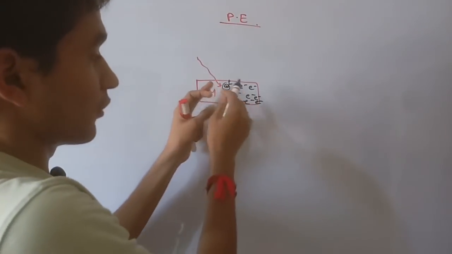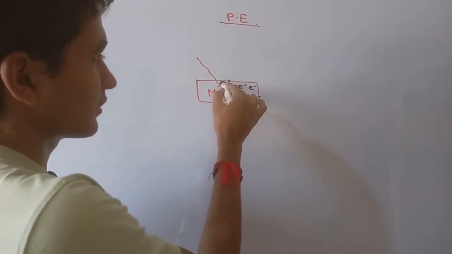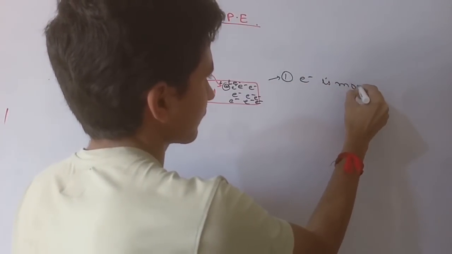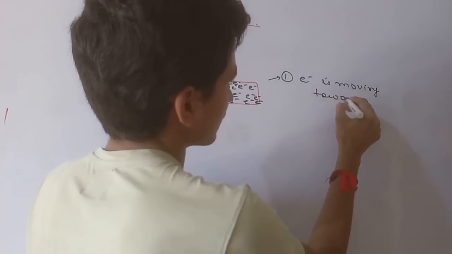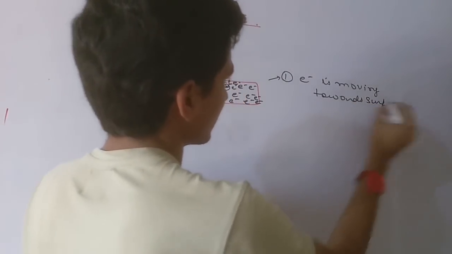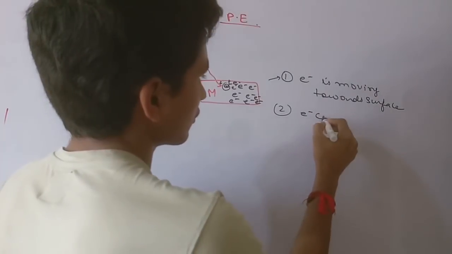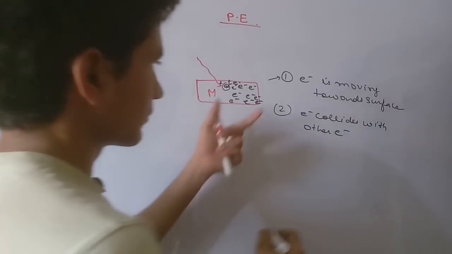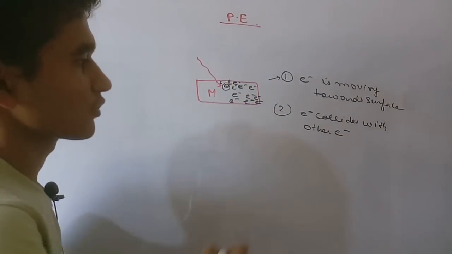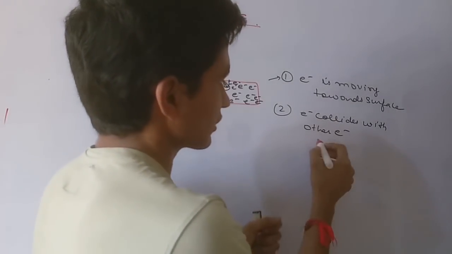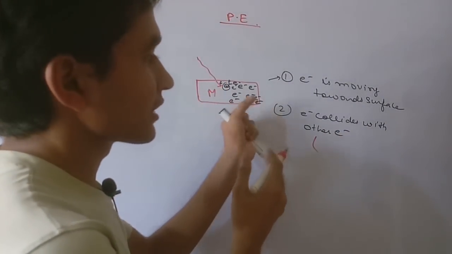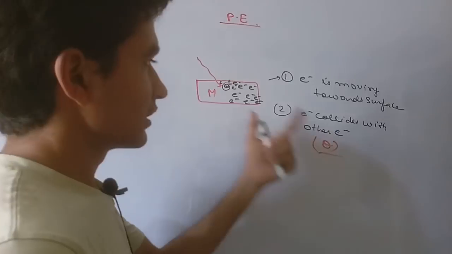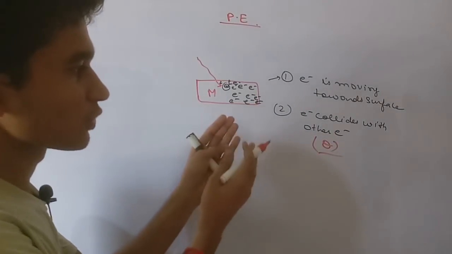And during excitation it also collides with other electrons present here. So two things are happening. First, the electron is moving towards the surface for excitation. And the second thing is that the electron collides with other electrons during movement. When an electron collides with another electron, it releases energy on collision. I am taking Q as the energy which is lost, which is wasted, during electron collision with other electrons,